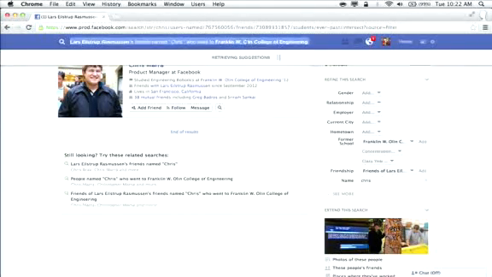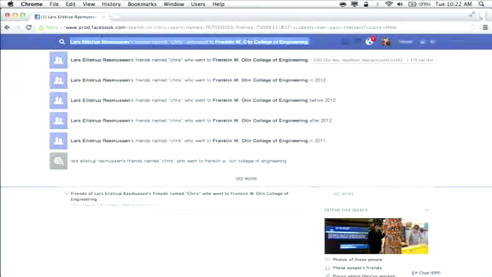Another thing Graph Search can be useful for is for dating. So this is relevant to my own life. My wife's cousin recently moved here. Her name's Serena. She moved here from India. And she's single. And so like everyone else, I love to meddle in my family's lives. So let's say I'm going to use Graph Search to find someone to set her up with. So I'll do friends of friends. For dating queries, friends of friends tends to be a good place to start. And I'll just do who are single men.